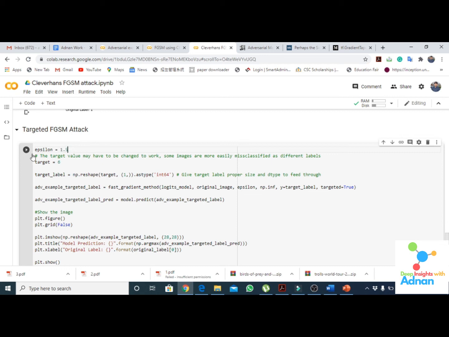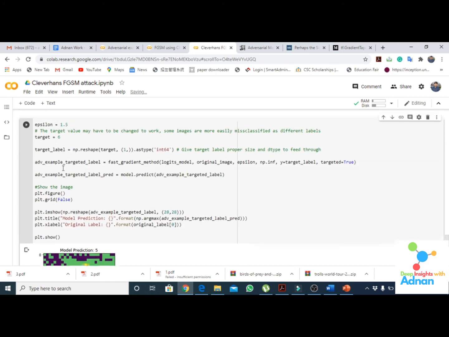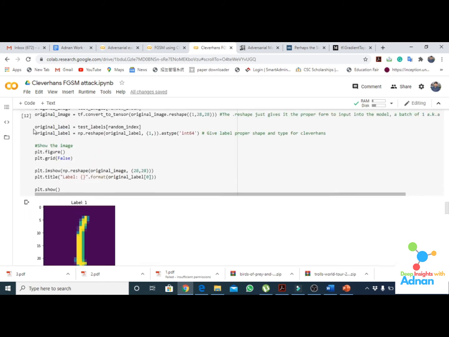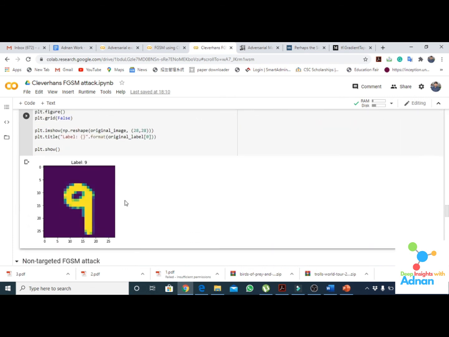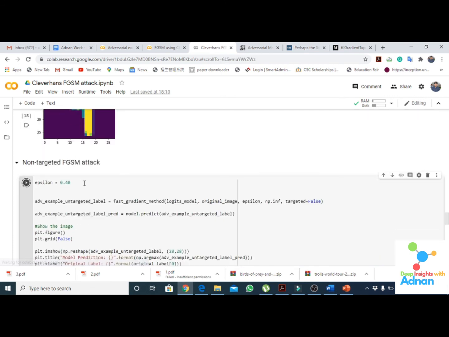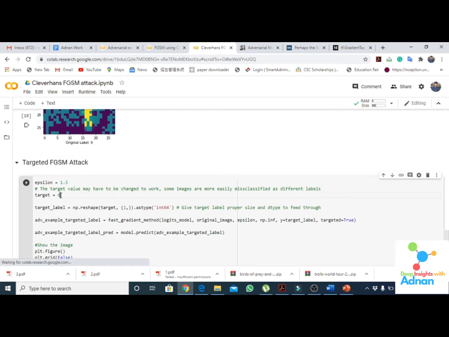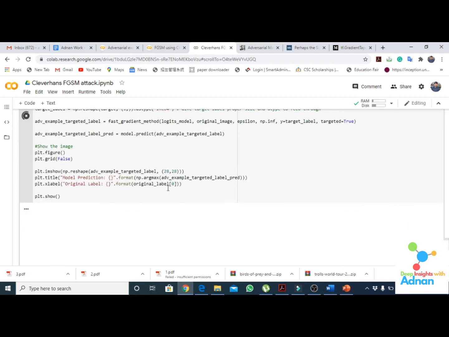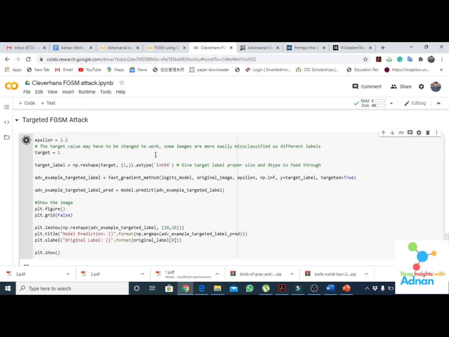We need to change the values of epsilon until we get different results, and see which image we are getting. It's 9, so let's say 4, and I want a 1 class. It's still not giving us 1, so we need to change the value of epsilon.